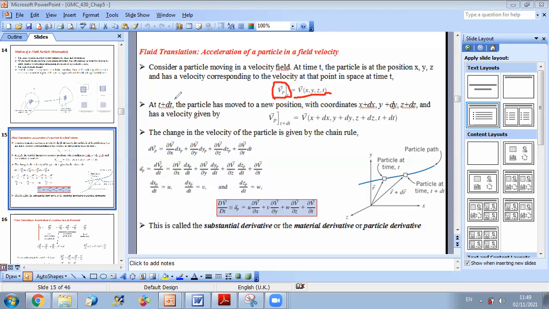Now, when I consider the Eulerian approach, I will consider the velocity as a function of position and time, because at each position the velocity can change. So for a fluid domain, I can define 4 variables, x, y, z, and t, and the velocity field will be defined as a function of these variables. And as you know, the acceleration is defined as the derivative of the velocity. So we will learn here how to do the total derivative in a fluid domain. Okay, so first